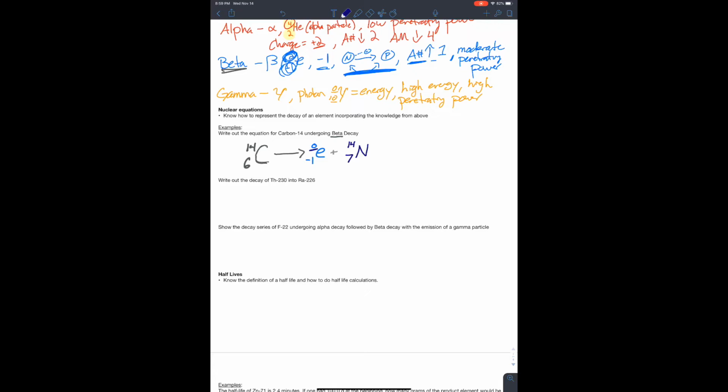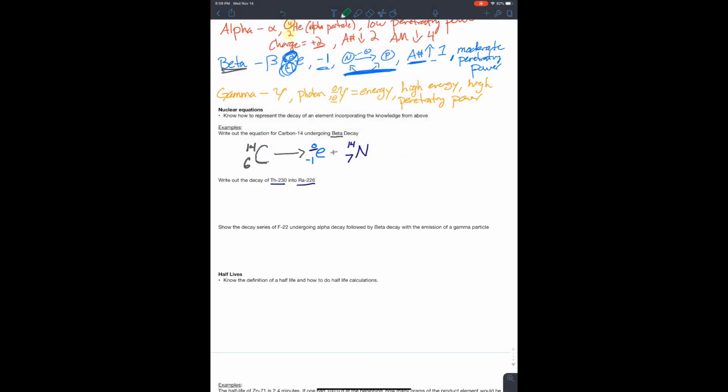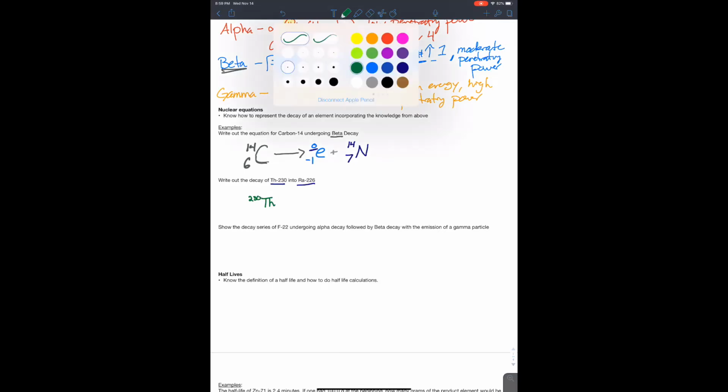We're not given the type of decay it is. We're just told to write out this going to this. Okay, so let's get a sweet color, feeling a little green. Okay, so we have TH 230. Okay, atomic mass of 230,